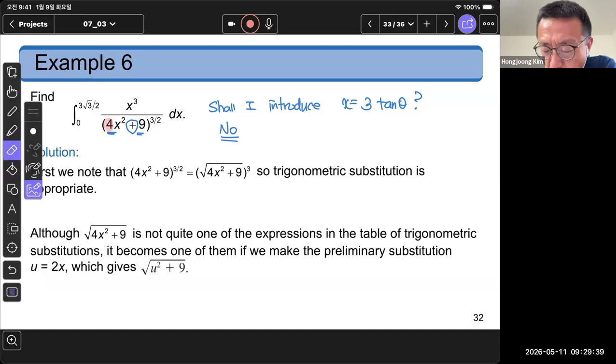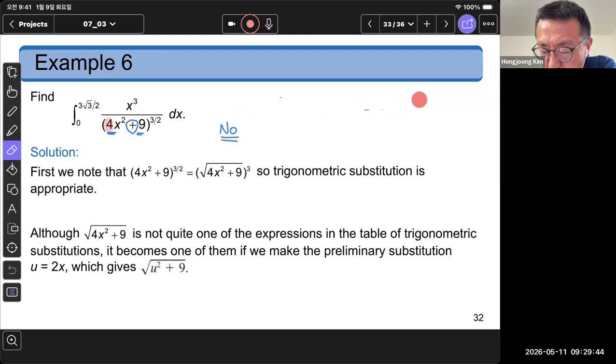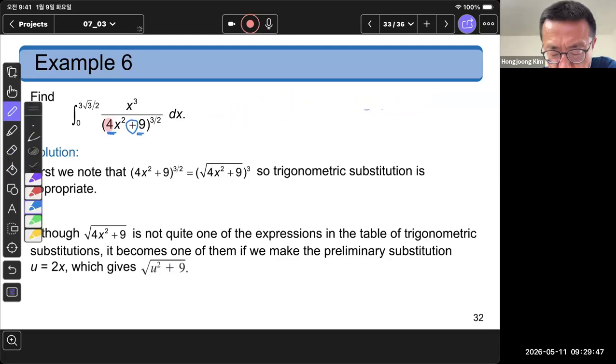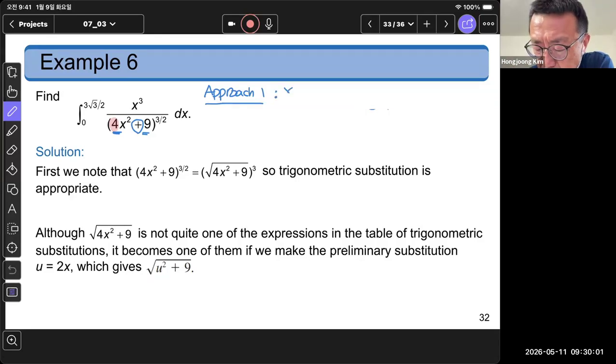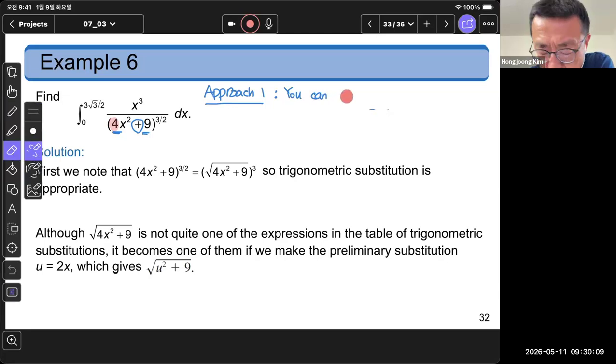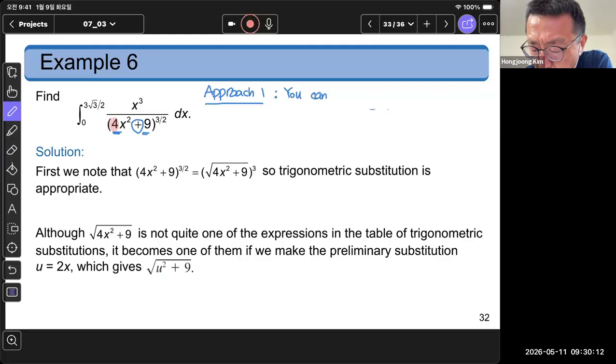So the point is, there are two approaches at this point. So approach 1, you can remove 4. How? Well,